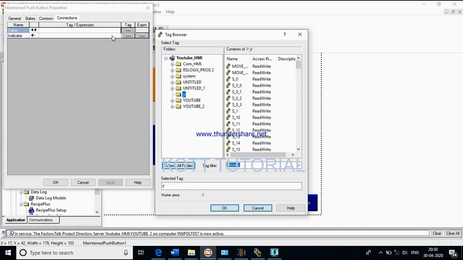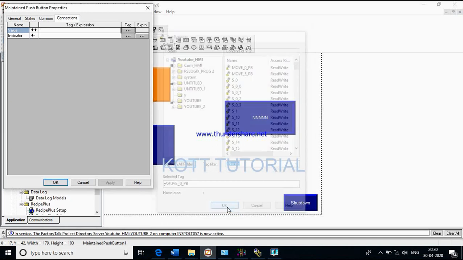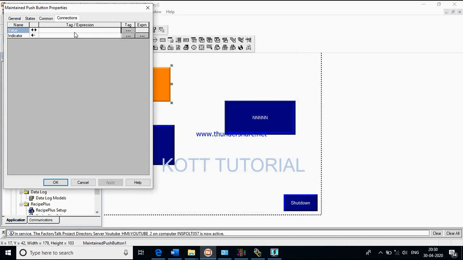Actually this name was similar to our OPC server, so we have to see the Y folder and tag this. I am using the move 0 push button. Now the indicator means when my tag is 0 or 1, it should indicate some color.